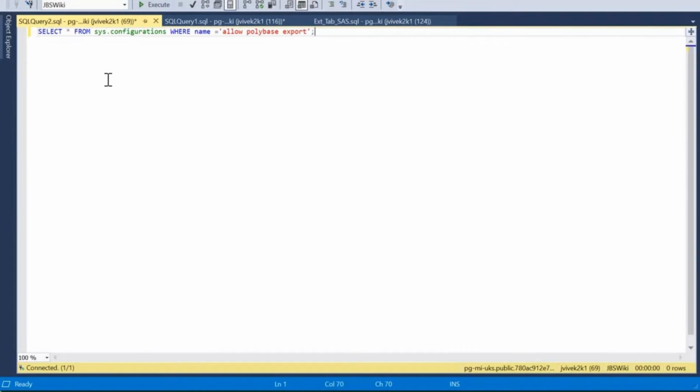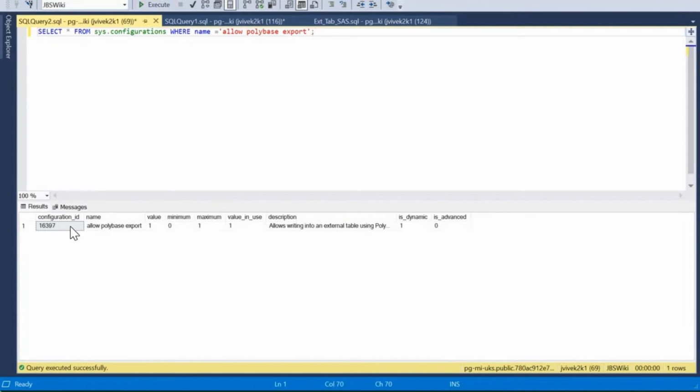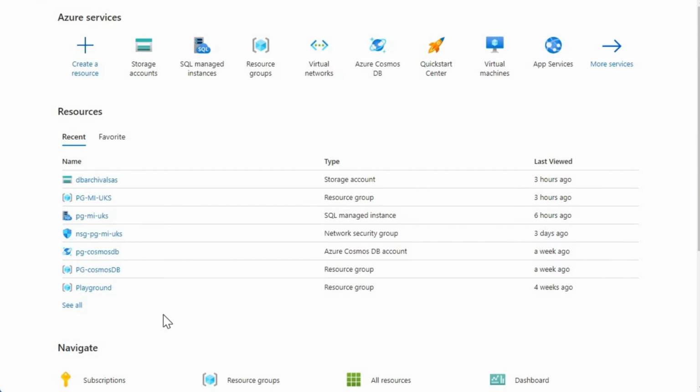So for that, I'm going to query the managed instance pg-mi-uks. I'm going to query sys.configurations, and then check if allowPolybaseExport is set to 1 or not. If we see here, the value in use is set to 1. So this ensures the allowPolybaseExport feature is enabled. We will create our storage account that will be accessed by your external table from